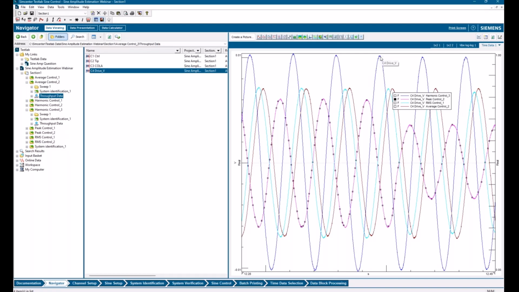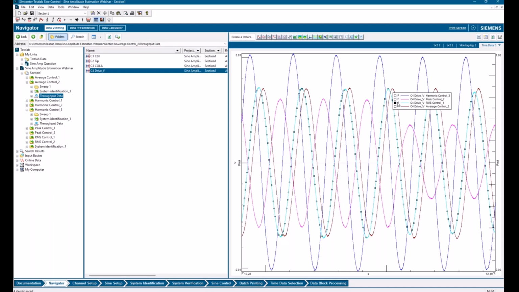That means it's putting the most force into our test article, followed by average, then looks like RMS, and finally peak, giving us our lowest drive voltage. Lower drive voltage means that we're putting less force into our test article.